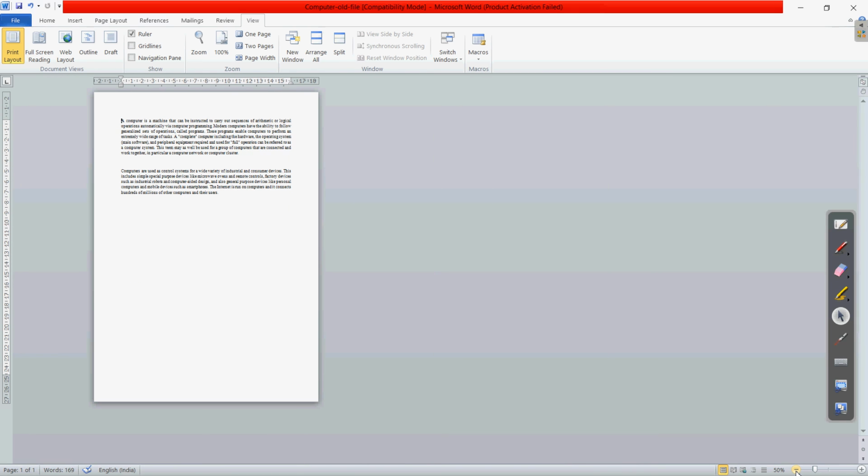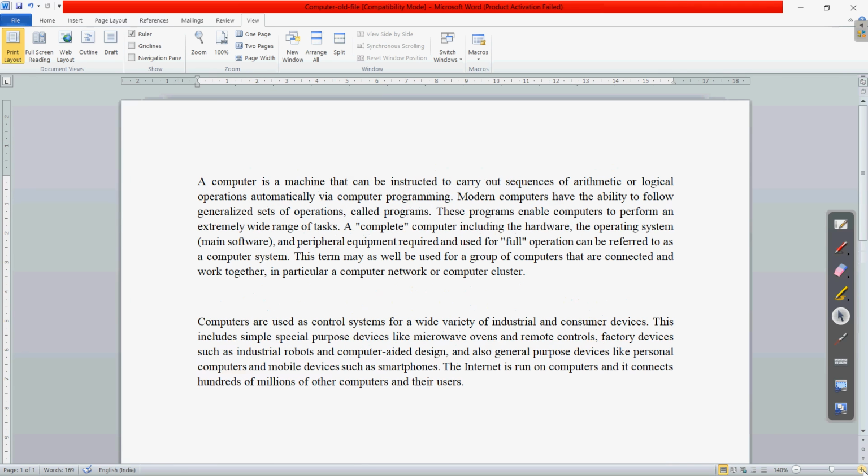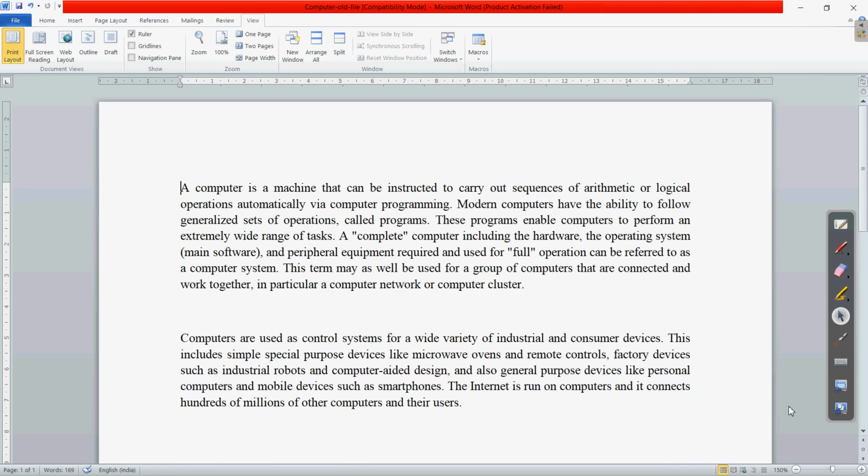If we have multiple pages in the document and click on zoom out, the minus button, all the pages of the document will be displayed according to the size. And if we want to zoom in, a specific area of the page can be enlarged. If I click on the plus button, you can see the document is now being enlarged. Clear? So this is the use of the zoom in and zoom out options.